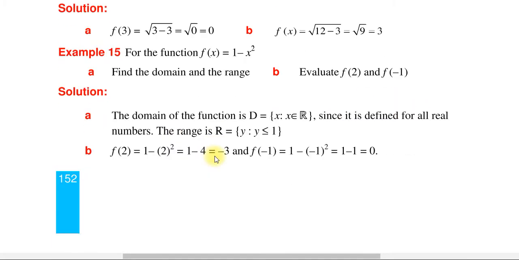f of 2 እና f of negative 1 ደግሞ ኢቫሉዌት ስናደርግ f of 2 is equal to 1 minus 2 square, which is equal to 1 minus 4, which is negative 3 ይመጣል ማለት ነው። And f of negative 1 is equal to 1 minus negative 1 whole square, which is 1 minus 1 equals 0 ይመጣልናል ይለናል እንግዲህ።